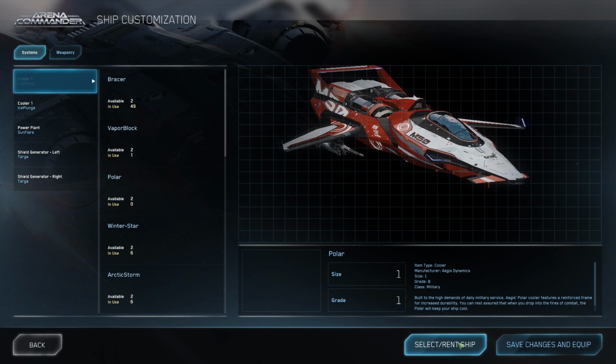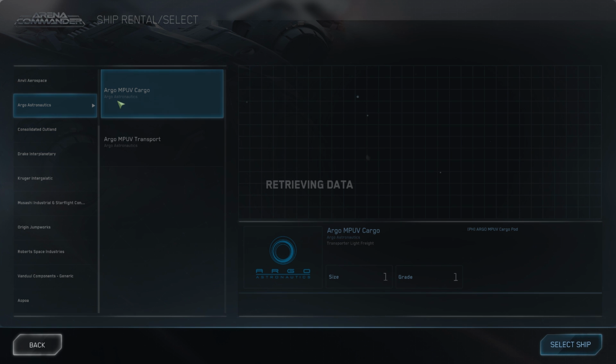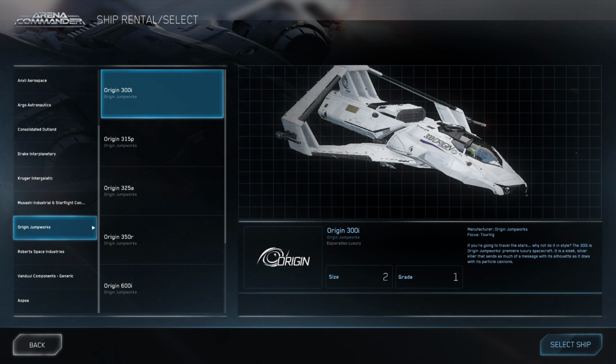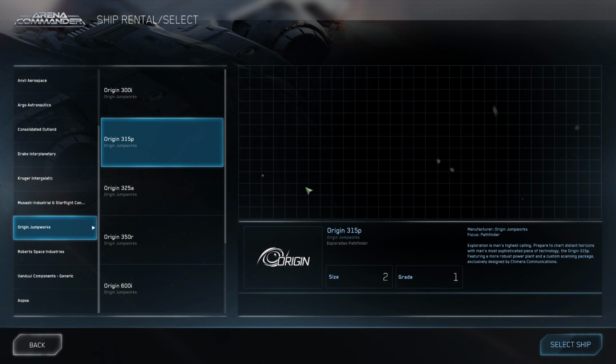At the moment in game, you have your ship and you can customize it with the VMA or the front end menu of customization, through the mobiGlas, on the actual Arena Commander screens. That's very separate to where you get your ships in the first place on the website. There's the website and then there's the in-game. And what we want to do is